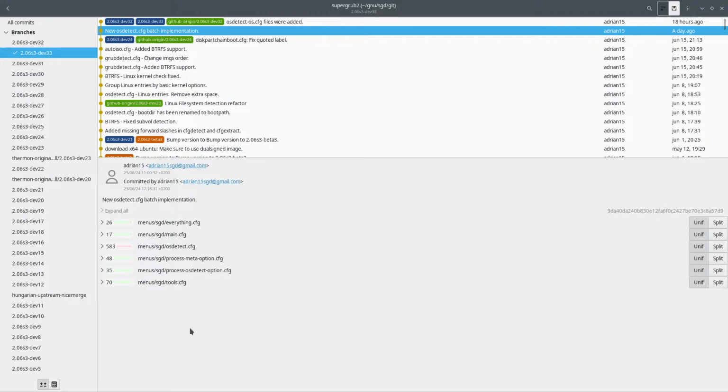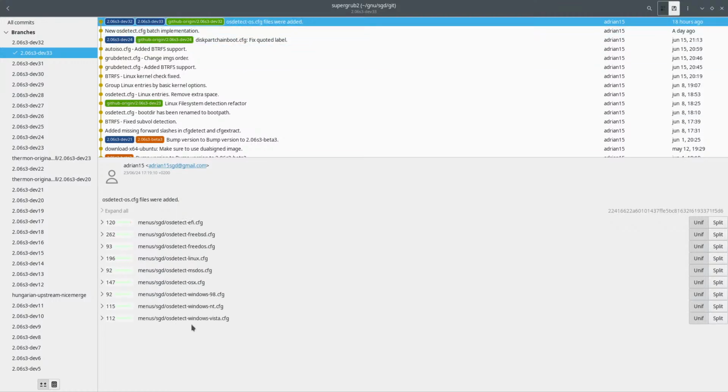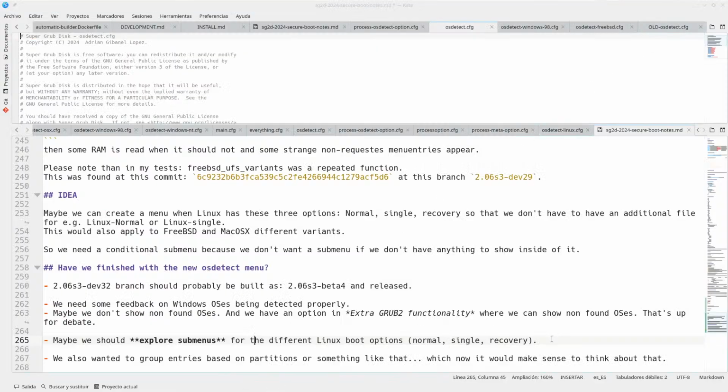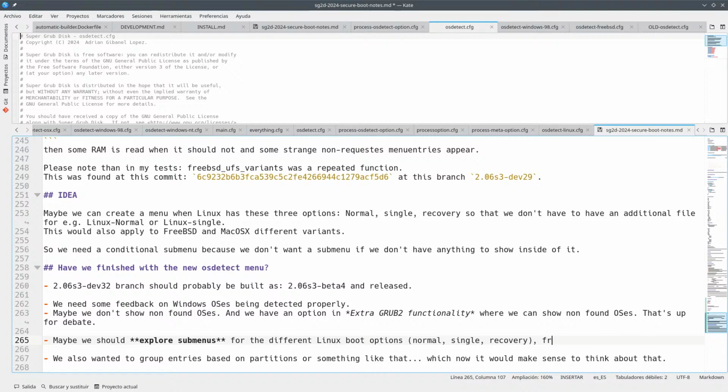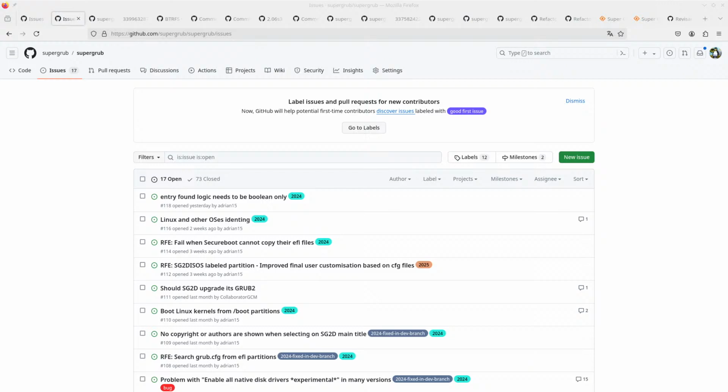The first one is prepare everything so that you can work with this, and then just add all of the OS detect files. And so now I want to work on the Linux side, and we will do the same thing with FreeBSD and probably OS X. Okay, so FreeBSD and OS X too. And this is something that we're going to do right now. So we